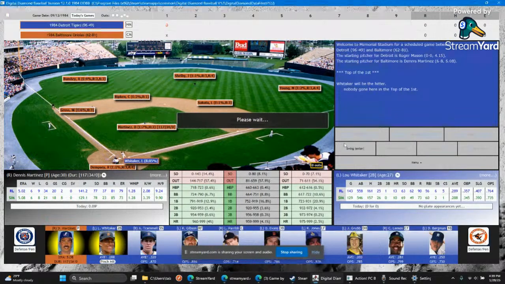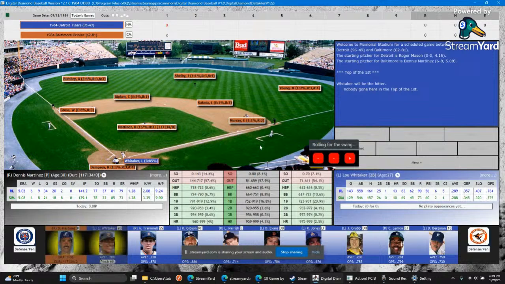And I apologize here. Digital Diamond on my work laptop, which is this, is pretty slow. Okay, so right here, you see how I've got my home team up here. It's the team that I'm managing, human. And all you do is pitch, swing, you get the dice, and you see how it plays out on the